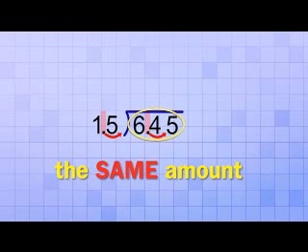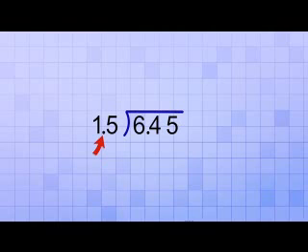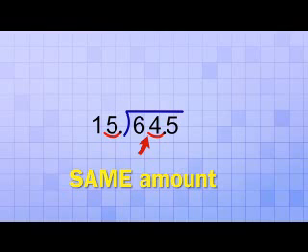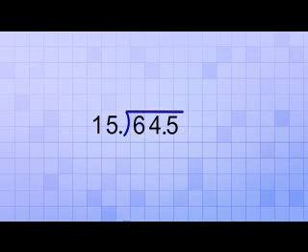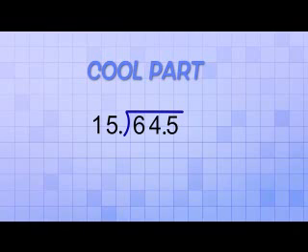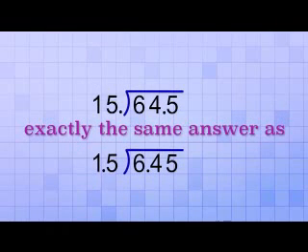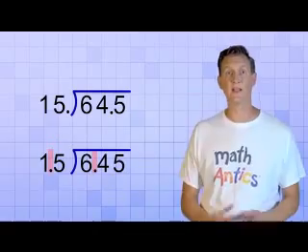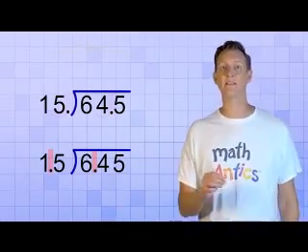amount to the right. So in this case, if we want to shift the decimal point in our divisor one place to the right so that it's 15, we can do that as long as we also shift the decimal point in the dividend by the same amount, which will turn it into 64.5. And here's the really cool part. If we do this new division problem, 64.5 divided by 15, we'll get exactly the same answer we would have if we did the problem 6.45 divided by 1.5. That only works because we shifted the decimal point in the divisor and the dividend by the same amount in